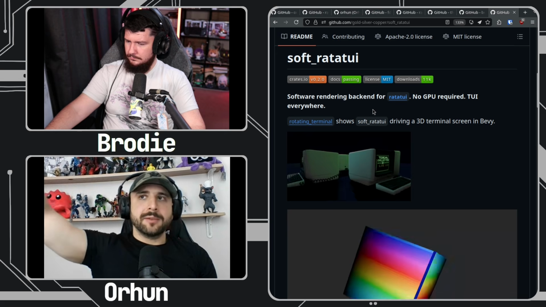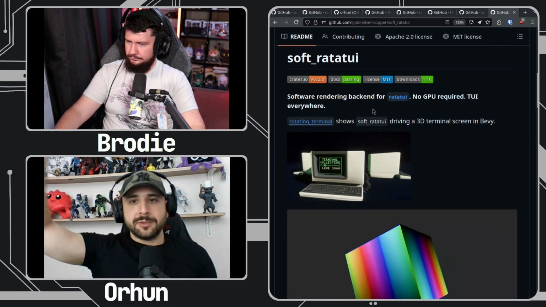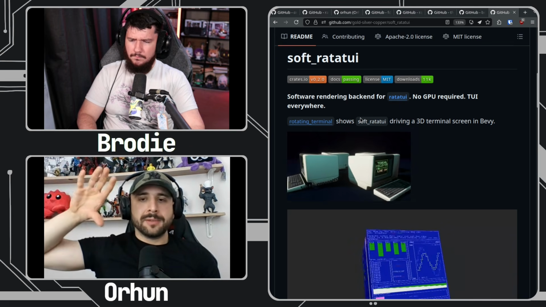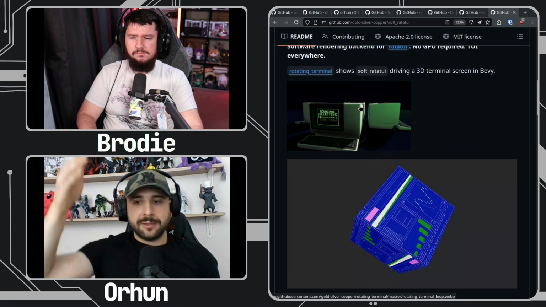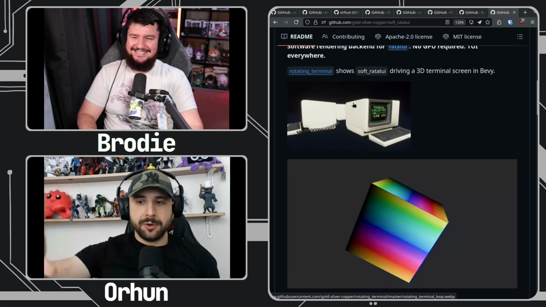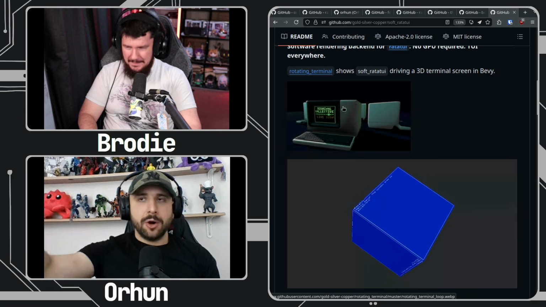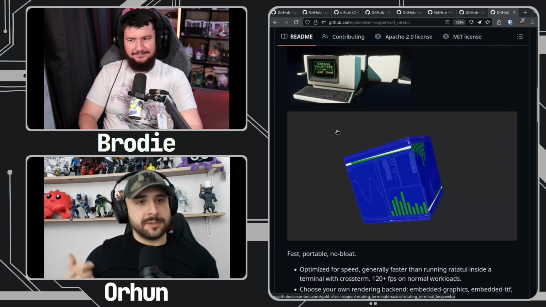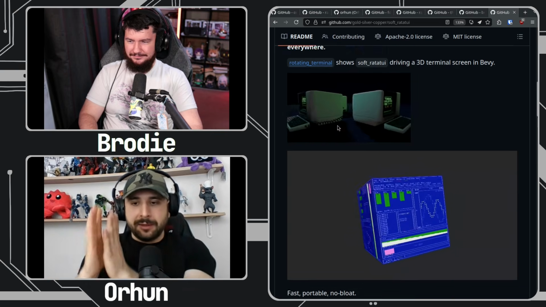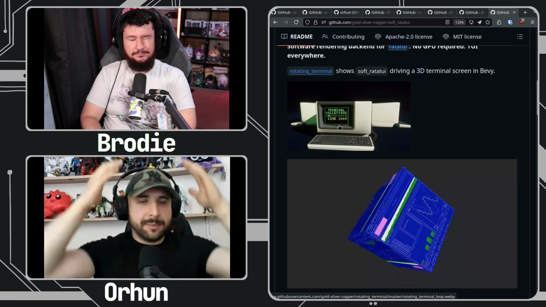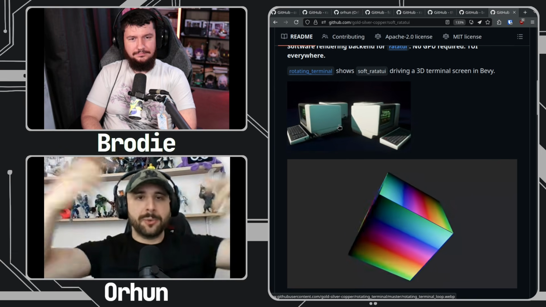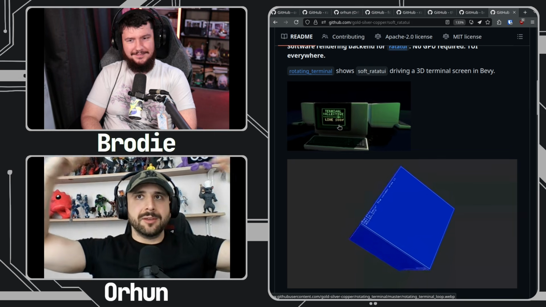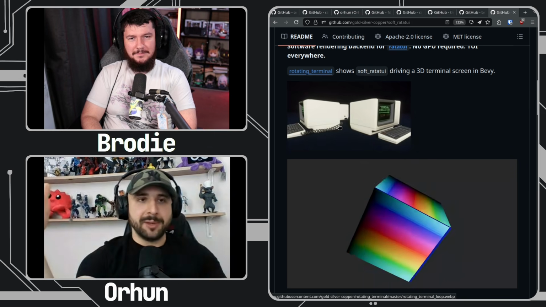So I saw that, and one of my friends, Gold Silver Copper, made a 3D animation using this. He used Soft Ratatouille, rendered a 2D surface and put it on a 3D object using Bevy. So in the hackerspace, I was like, okay, how does this work? You have this Ratatouille layer, you have this Bevy layer, and maybe you can do it the other way around: have a 2D thing on a 3D one. So I was just experimenting, vibe coding,